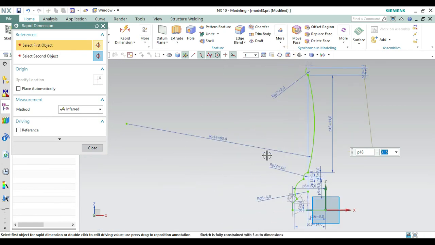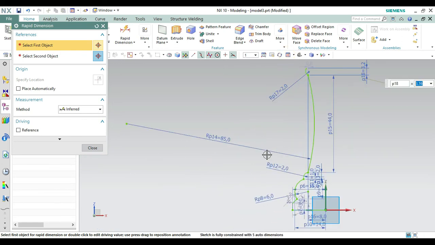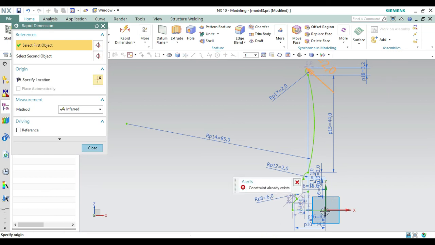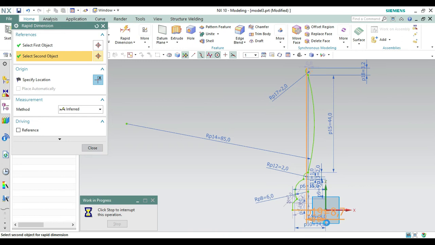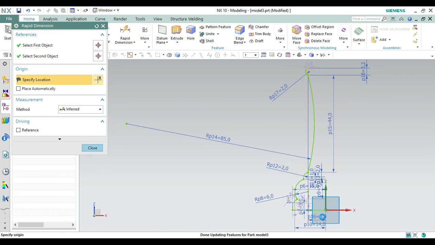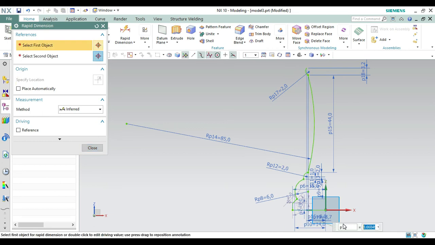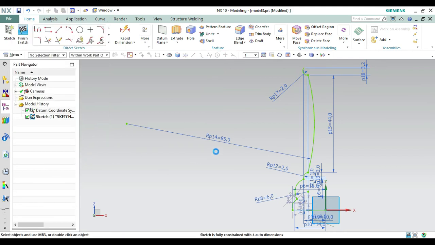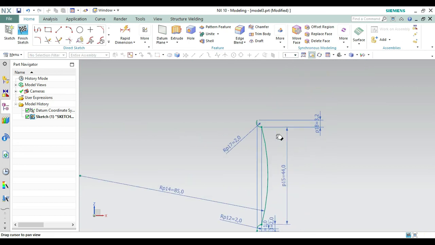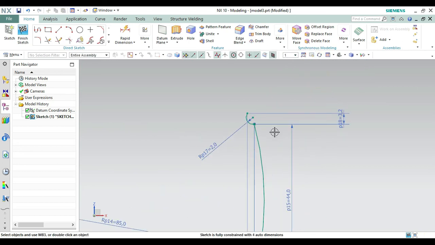So let's make it fit, and let's check what is the dimension of that. That distance should be of 10. So from here taking this point and then taking this point, let's check how much it is. It is 8.7. Is it 10 or not? No, it is not 10, so let's make it to 10 from here like this one. Now let's pan it like this one.